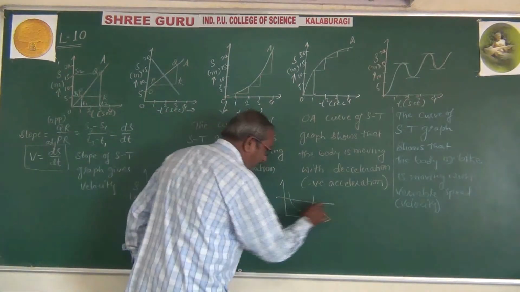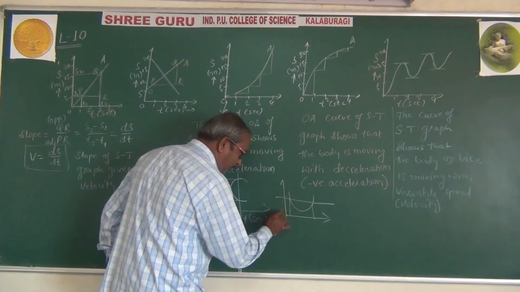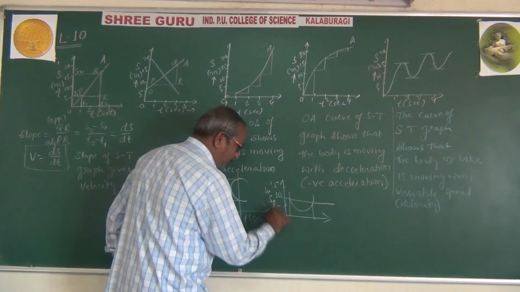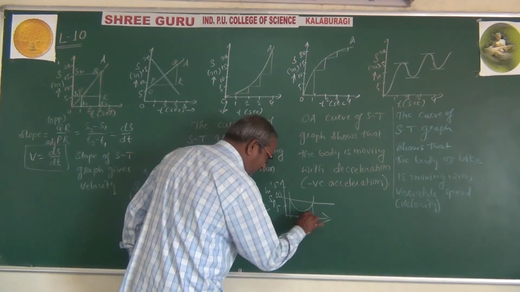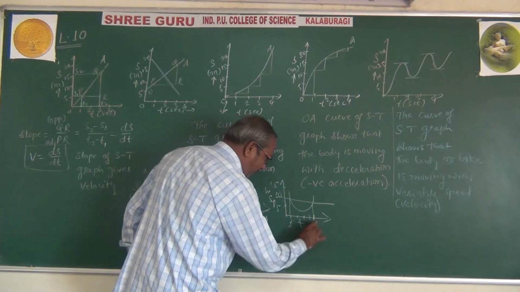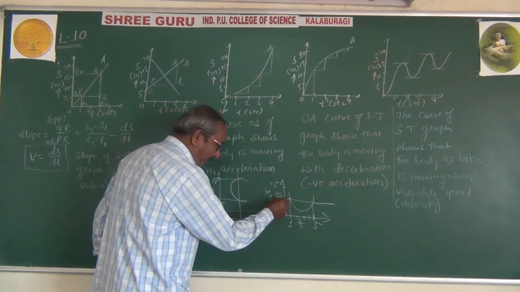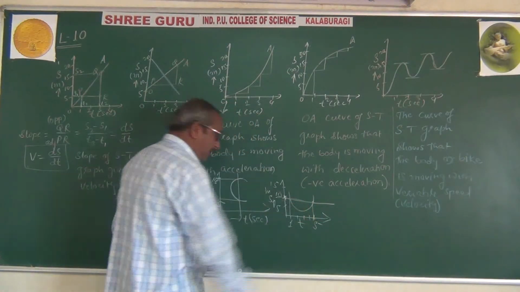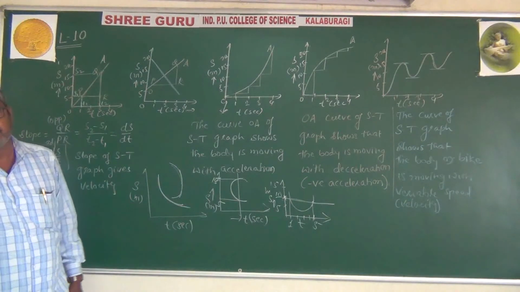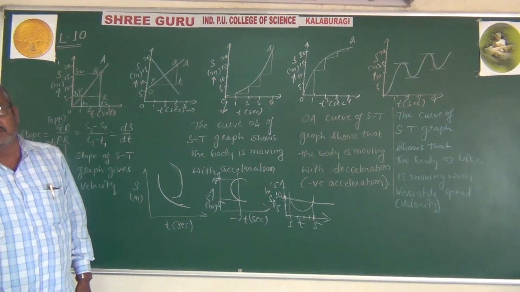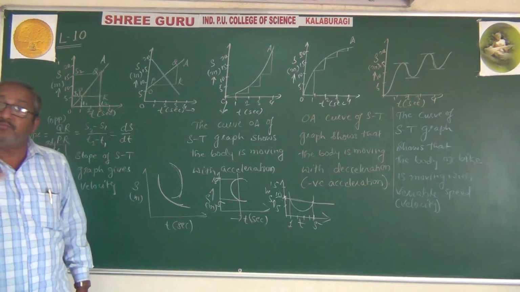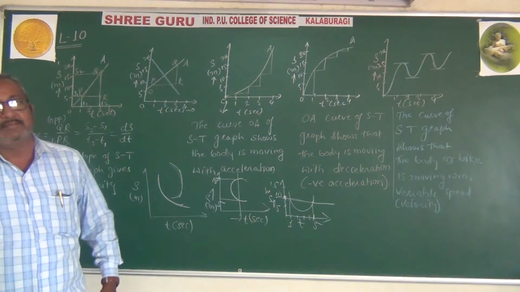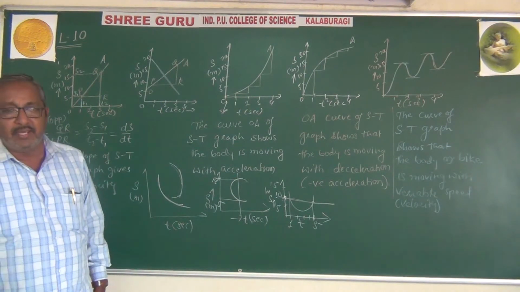Whereas here we will cut it like this. Here is the position: this is 5, this is 10, here is 15 meters. Time: here is 1 second, 2 seconds, 3 seconds, 4 seconds, 5 seconds. For the first second, the position of the body is 10 meters. After 5 seconds, again the body is at the 10-meter position. For example, by 1:20 I will be in this classroom.